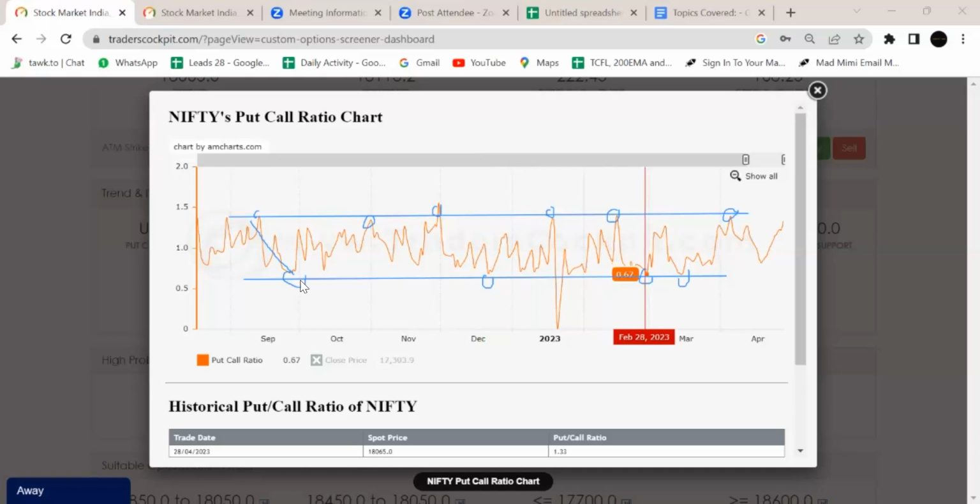Whenever the PCR comes in this chart, 0.7, again 0.7, again here 0.7, again here 0.6, 0.67, 0.69, and again 0.67. So 0.7 or below acts as a major support in the PCR level. Above that, here 1.4, here 1.32, again here 1.39. So above 1.35 acts as resistance, and 0.70 acts as support. Now, as a trader, how can I efficiently use the PCR to lock my trade,